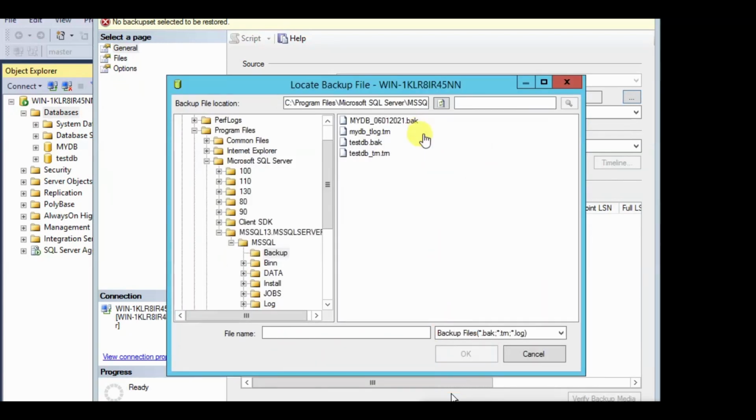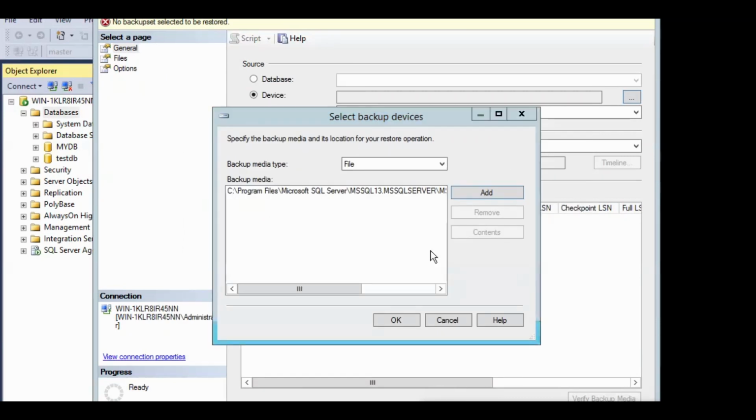So guys, right under this folder I can see my backup device. I can see my backup right here under the folder. I can see the backup which we just took. Highlight that. It will bring the name right here, and then I will hit OK. So we have the file right here under this window. I will hit OK,